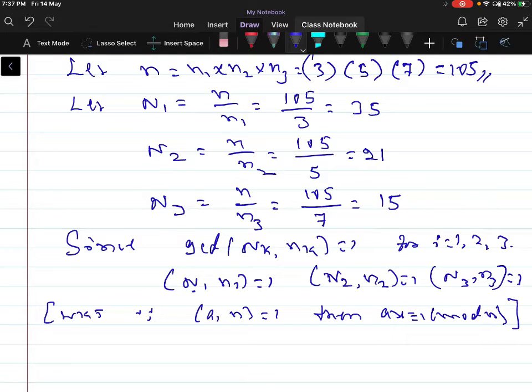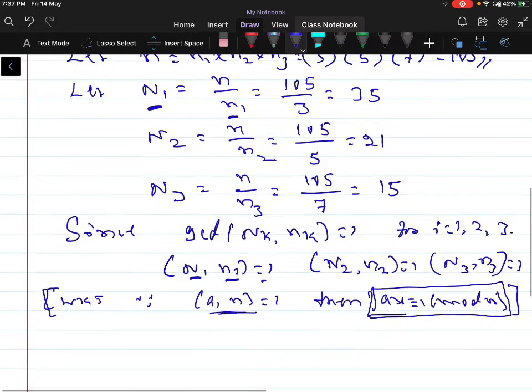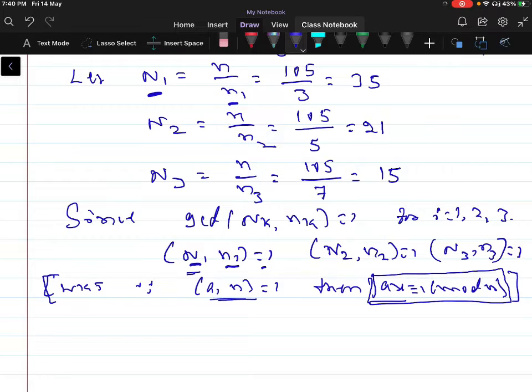So there is a property. Since GCD of a comma n is equal to 1, then we can write ax is congruent to 1 modulo n. But here you can observe that the GCD of the integers N1 and small n1 is 1. So by using the property we can write here N1 is equal to 35 and small n1 is equal to 3. Since GCD of 35 and 3 is 1, by using this property we can write